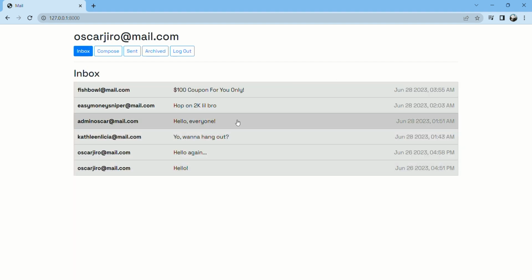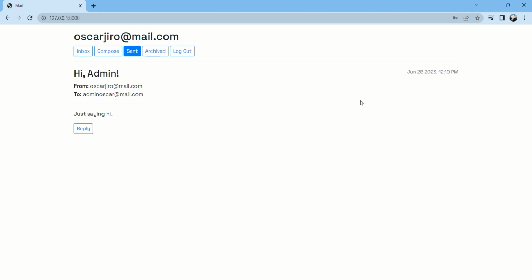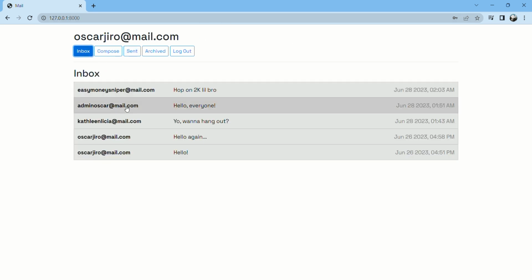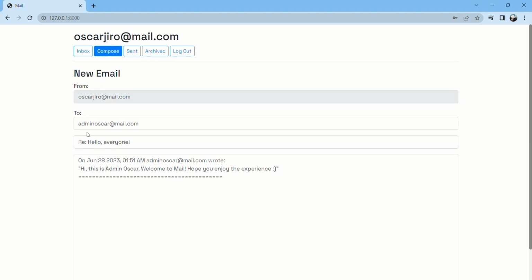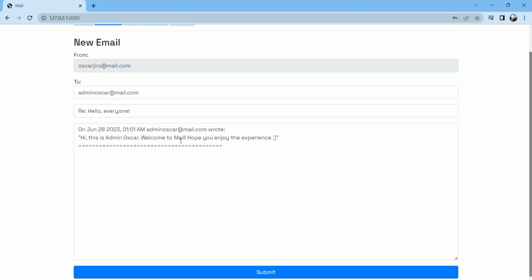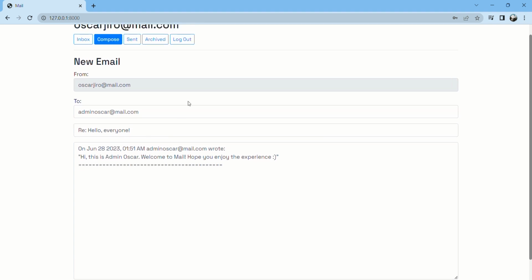to the inbox mailbox. And lastly, the fifth and final point, reply, which should allow users to reply to an email. So when viewing an email, the user should be presented with a reply button right here that lets them reply to the email. When the user clicks the reply button, they should be taken to the email composition form that is already pre-populated, in which the recipient field is set to whoever sent the original email, which in